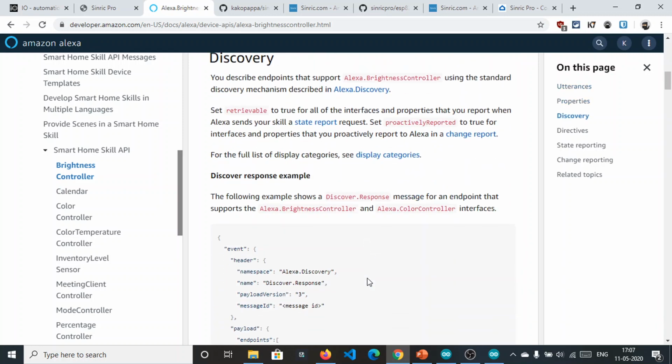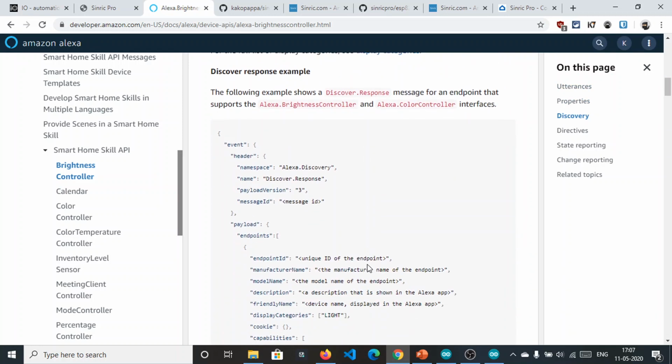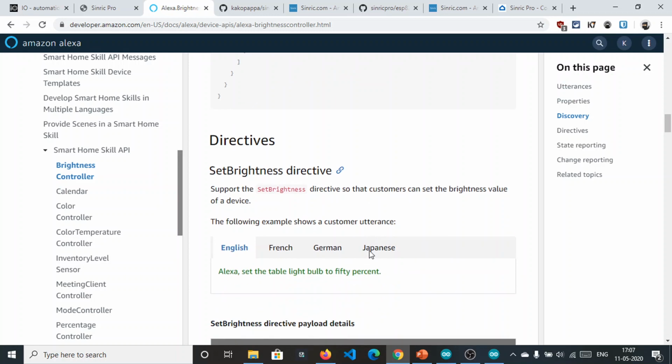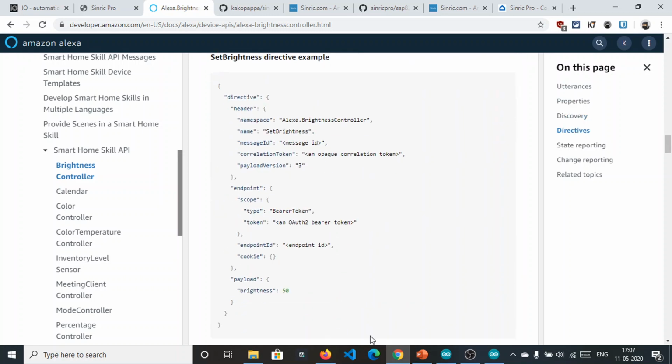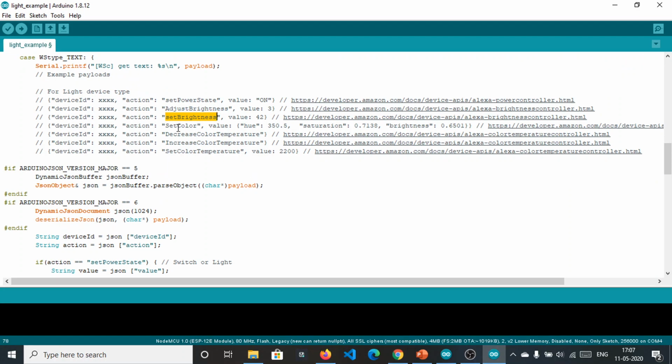Fine. So this is how you control the brightness. And what is the meaning of adjust brightness? This one, the second one, adjust brightness. If you want to get the proper meaning, click on this one, and I think both are the same.